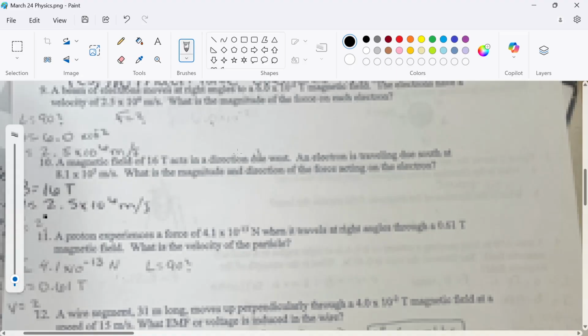it has been written 2.5, I think, times 10 to the 6th. So that's what I'm going to use, that number, 2.5 times 10 to the 6th. What is the magnitude and direction of the force? So I went the wrong place there. Here is the